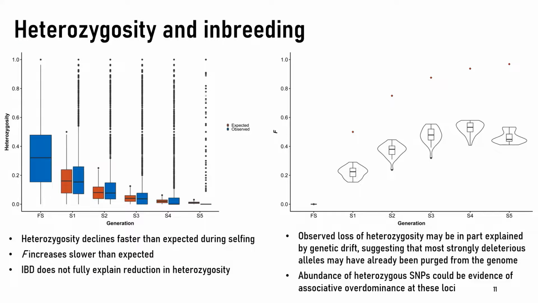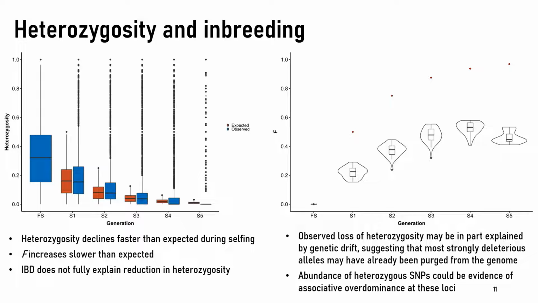We were able to sequence 28 full selfing lines, all the way from full sib to S5, with the same SNP approach, and we found that heterozygosity declines much faster than we expected during selfing. And further, we found that F, which is the inbreeding coefficient of the individuals in these lines, increased slower than expected. So the red dot in the plot on the right indicates where we would have expected the inbreeding coefficient to be. And this indicates to us that identity by descent does not really fully explain the reduction in heterozygosity